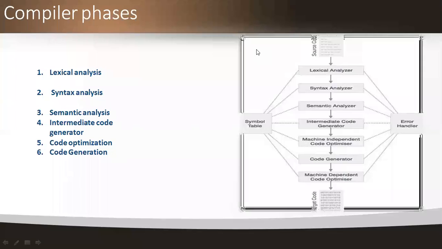And before explaining the various phases of the compiler, when you are writing in the examination, first you need to define what the compiler is and give the structure of the compiler, then draw the structure of the various phases of the compiler. Then you have to make a note of all these 6 phases. What are those 6 phases? Then you should explain each and every phase in detail with an example.